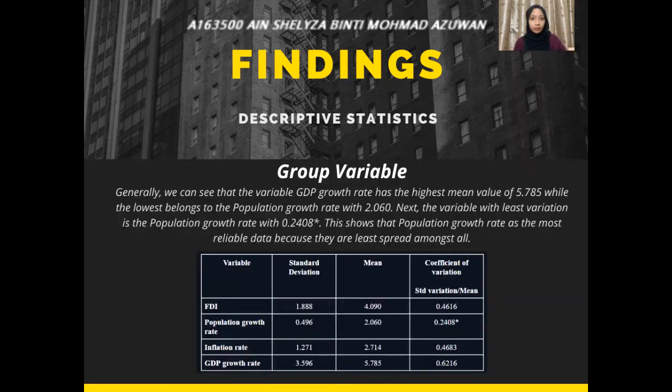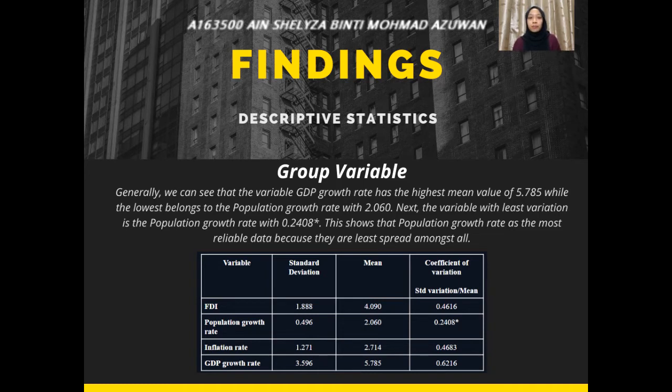So generally, we can see that the variable GDP growth rate has the highest mean value with 5.785, and the lowest belongs to the population rate with 2.06. And the variable with the least variation is population growth rate with 0.2408. This is the calculation to get this